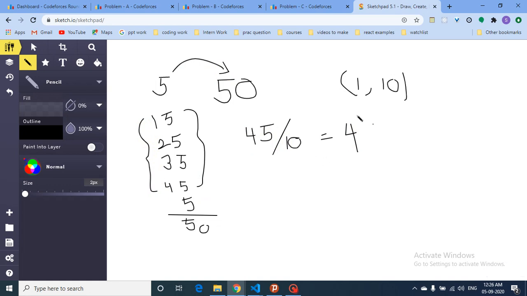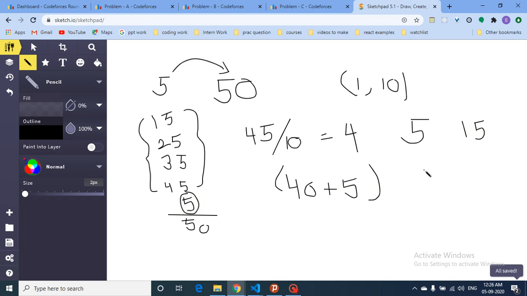After doing these 4 steps, what number will you reach? You will reach 5 plus 40, which is 45. Now what is the rest you have to add? You just have to add one more number, which is 5, to come to 50. So that's the logic. But let's assume that you are on 5 and you want to reach 15. You just add 10 one time and it becomes 15, so you don't have to add any remainder.